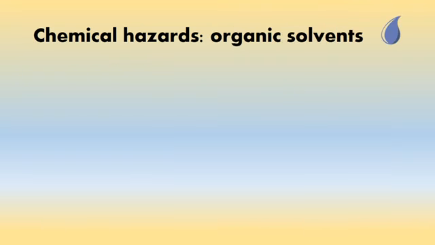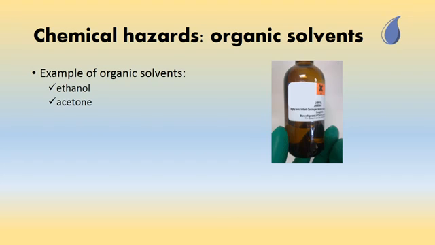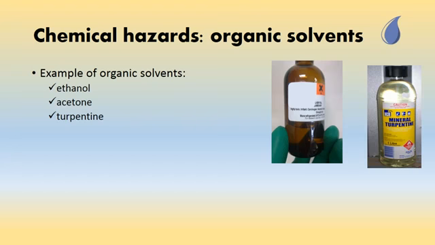Organic solvents, also known as carbon-based solvents, are another hazard that falls under chemical hazards. Organic solvents are commonly used in manufacturing industry to dissolve other substances. Many organic solvents are also flammable. For example, ethanol and acetone are flammable and they are also organic solvents. Acetone is a common ingredient used in nail polish, whereas turpentine is commonly used as a paint thinner or for